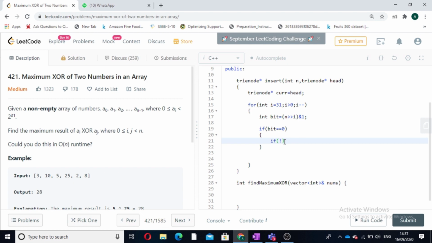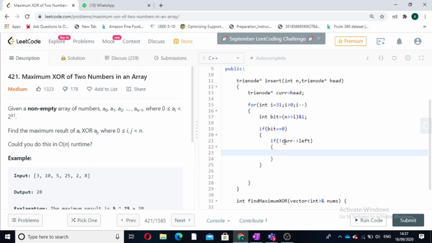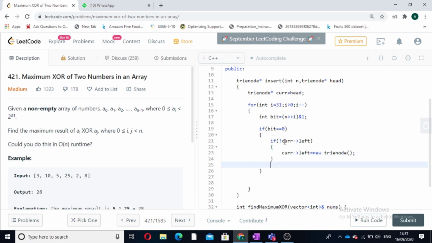If left does not exist, we have to first create a node at the left. Now we have created a node to the left. Once we have created a node, we have to move to that node. Now our current will be equal to current left. So this was the case.